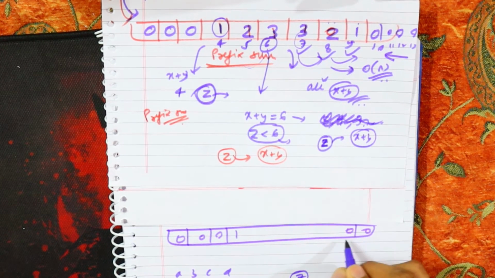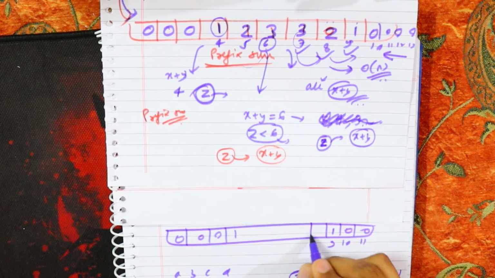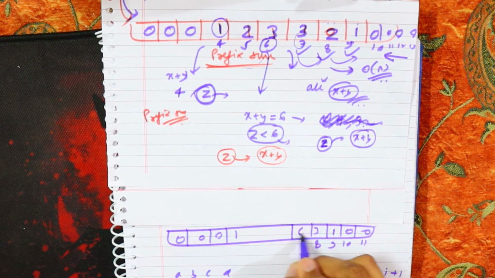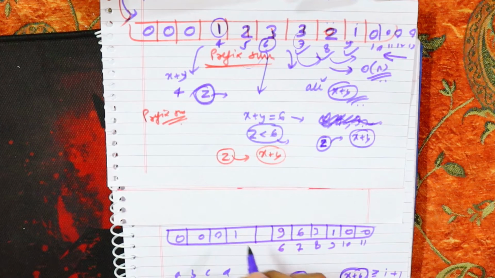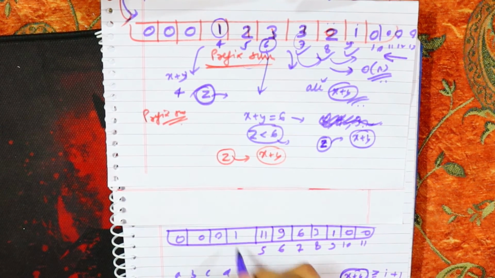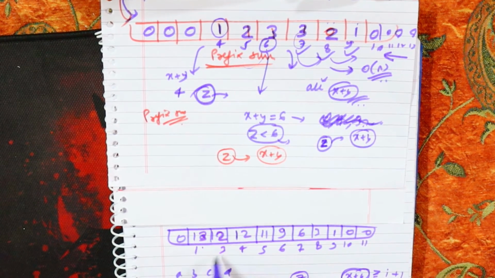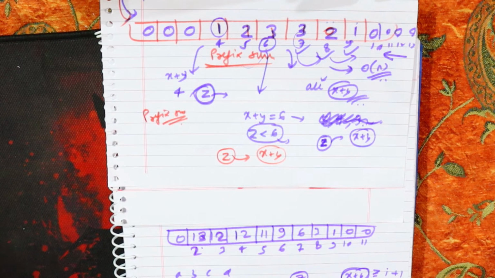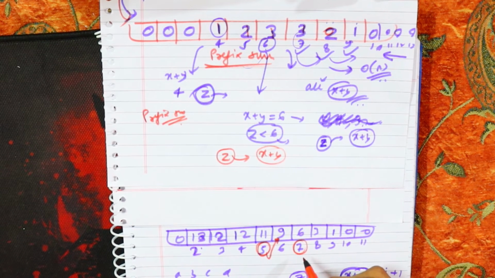Okay, so suppose it is 11, it is 10, so it is 1; 9, it will be 3; 8, it will be 6; 7, it will be 9, which is index 6; and 6 will be 11, index 5; then 12, index 4, and so on and so forth. So what it indicates is that for any value 5, the number of elements which are more than 5 are 9, and for any value 7, the number of elements which are more than 7 are 3.